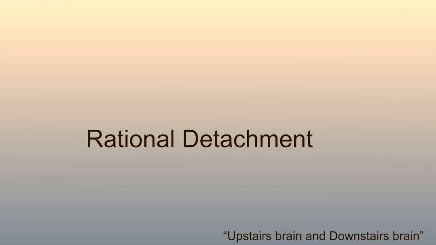The next thing we're going to discuss is rational detachment. This is a phrase again from CPI. Rational detachment just means you're able to separate yourself from this situation. You're able to recognize that the student who is having an outburst, or the parent or the adult who is upset, doesn't necessarily mean they're mad at you. You're able to step back from that situation and kind of look at it from a non-emotional state and come up with a solution. I think sometimes this is easier said than done.